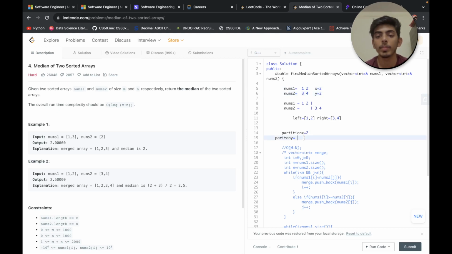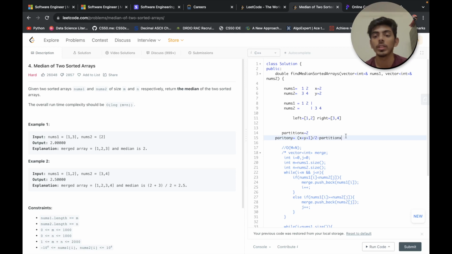So partition y will be like this: (x plus y, plus 1) divided by 2, minus partition x. We add 1 over here to work for both odd and even cases, right?